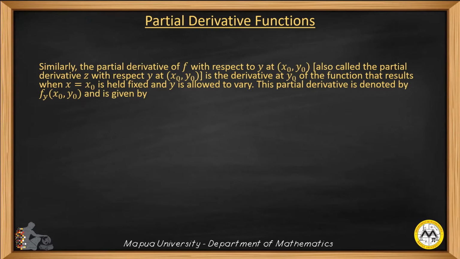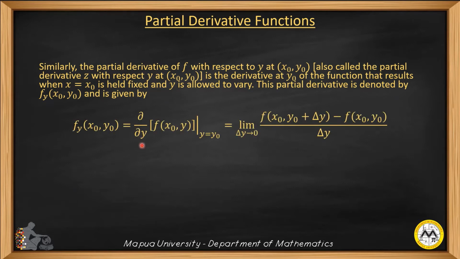In like manner, the partial derivative of f with respect to y evaluated at x0, y0 is the derivative of the function with respect to y holding x constant and letting y vary. This is denoted by the symbol. This would mean partial derivative of f with respect to y evaluated at x0, y0, or we can make use of this notation to denote partial derivative with respect to y,